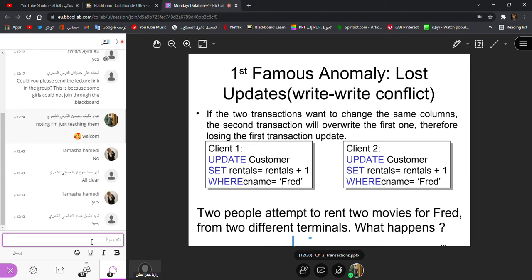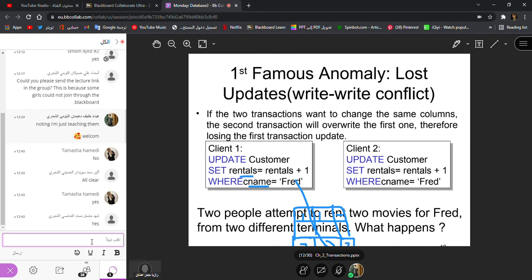It's your database table, and you have different columns in that, and then you have the rows. Here we have the ID, here you have the customer name column, and then you have the rentals column here. So these are your columns, and here you have ID and some customer name. For example, for ID 2 your customer name is Fred, and he has some value for the rentals, for example